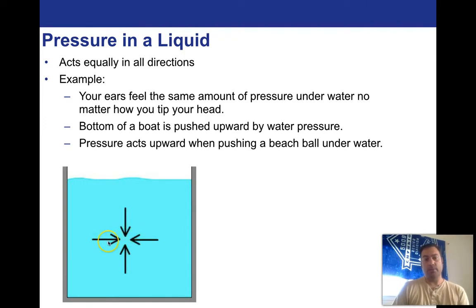So the reason a boat floats, or a beach ball would float, these are the examples here, a beach ball and a boat, which is why I'm using them, is that up here there's no downward arrow working on you. There's only the ones on the sides, which cancel each other, and the one from down below. And we'll talk about this one down below. It's called buoyancy force, in a few slides.